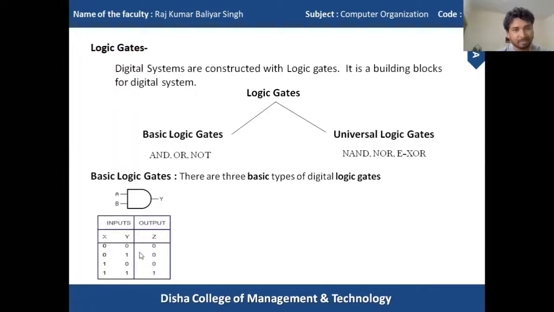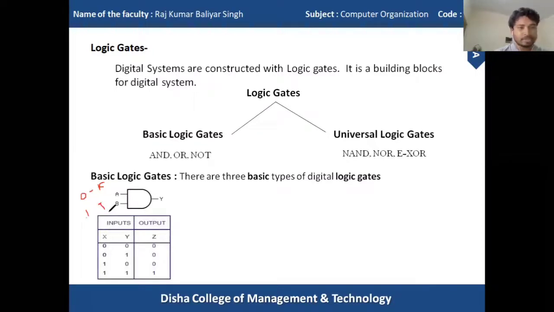See, if we compare this table with our mathematical truth table, 0 is considered a false value and 1 is considered a truth value.